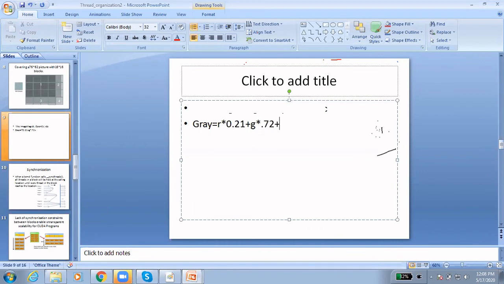Plus blue into 0.07. So for each pixel, you will multiply this thing.